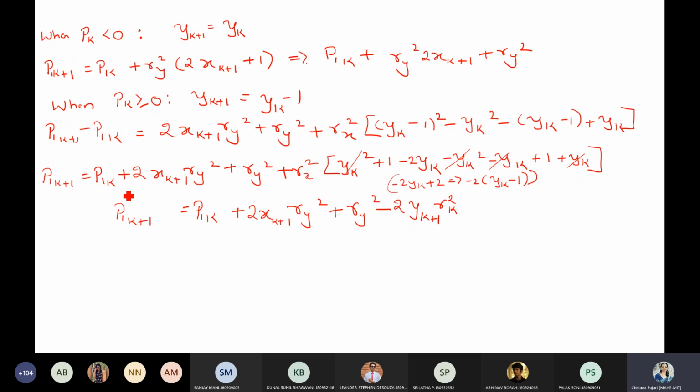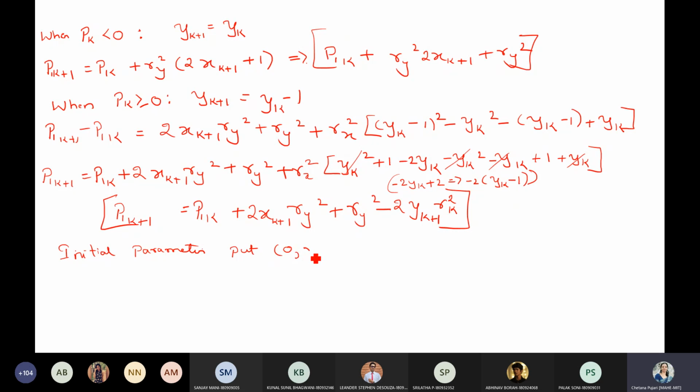Right. So this is the equation when it is greater than 0, and this is the equation when it is less than 0. So based on this, your initial parameter you need to calculate. Sorry, I'm taking more time because halfway if I finish, it will be difficult to start over on Saturday. So the initial decision parameter will be, we have to put